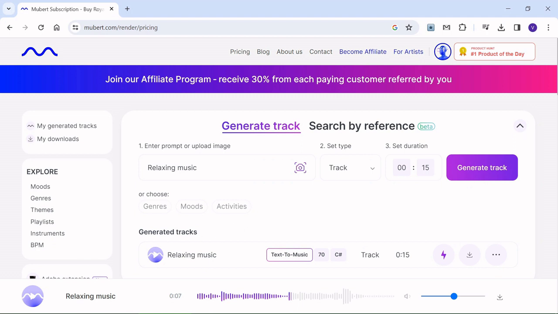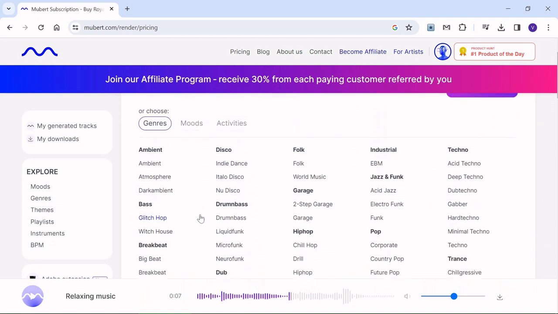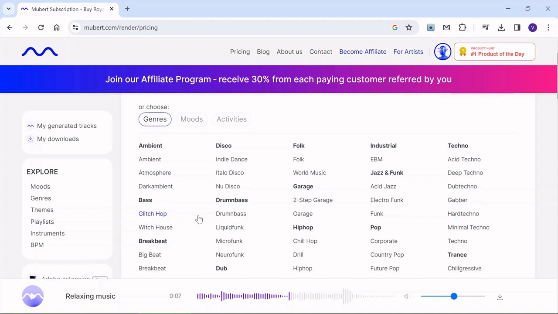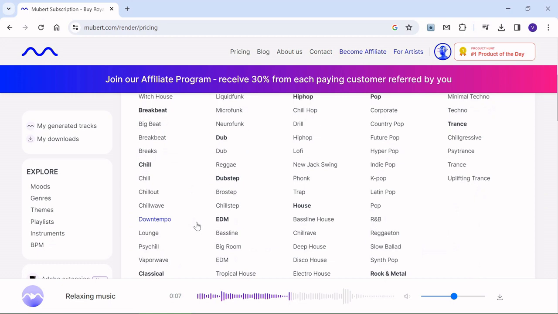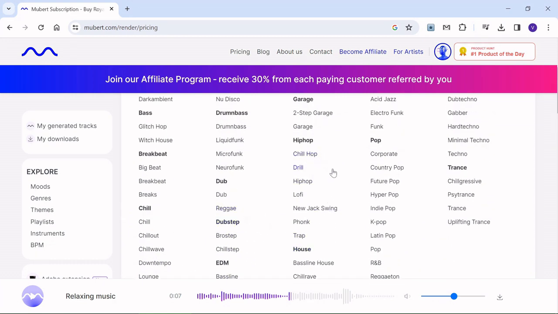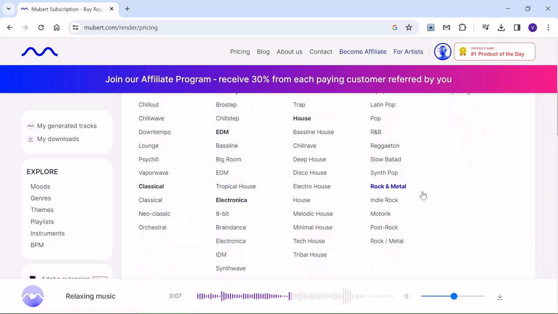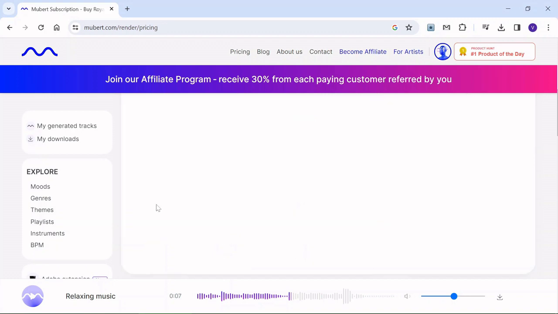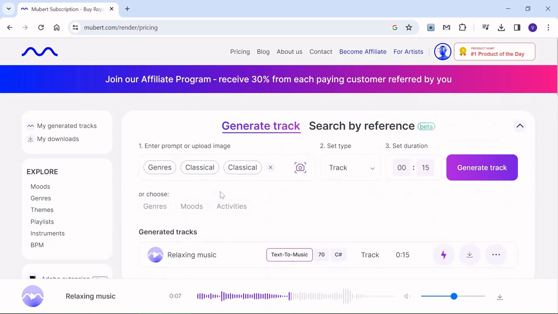So the other option is you can choose different genres, and the choice is very big here. You can choose classical, for example, house, hip hop, anything, disco. So let's go and choose one of them. Let's choose classical, and then it shows here genre classical,